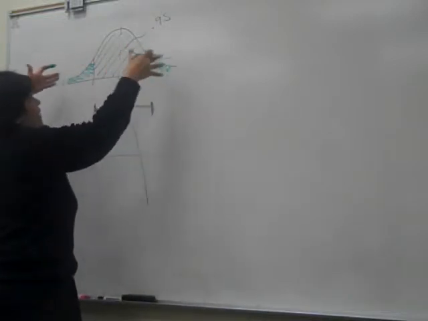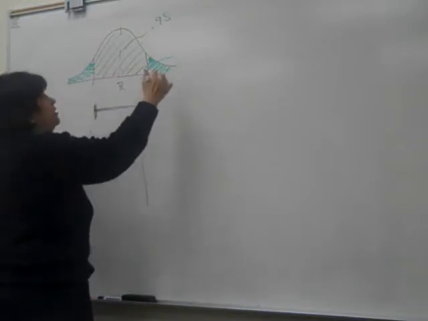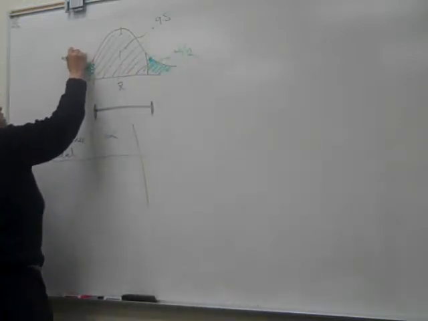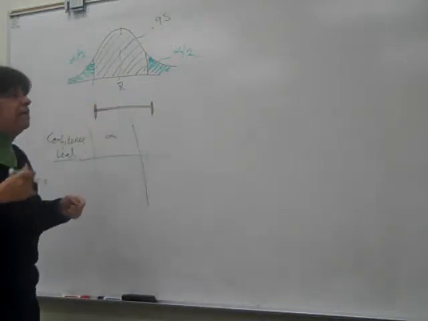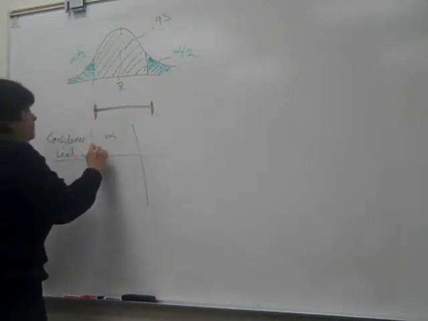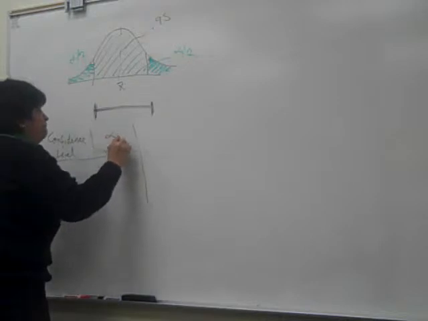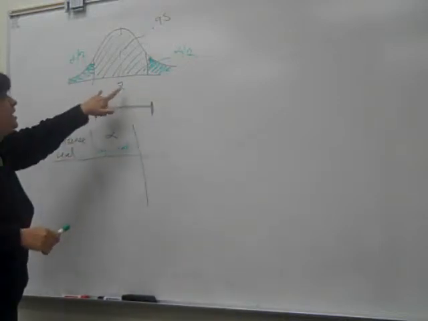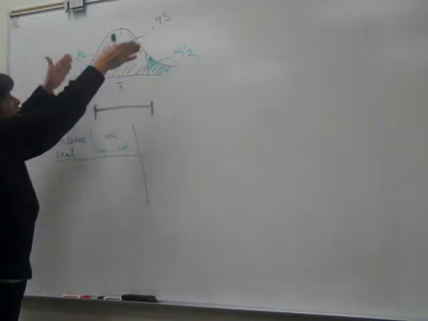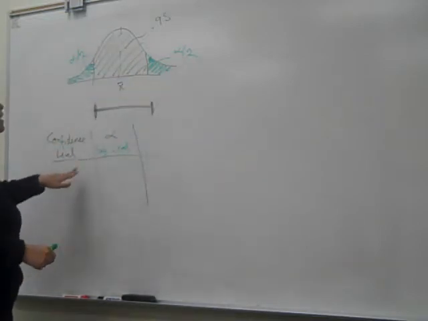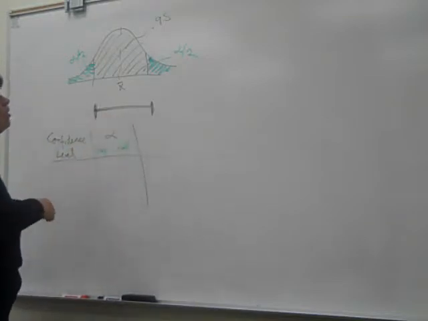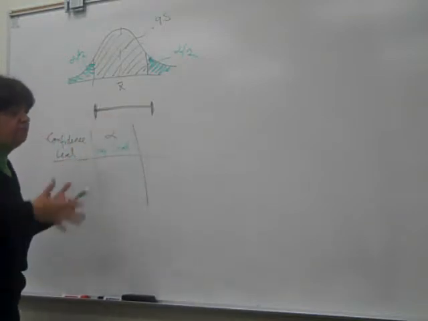Since both of them are alpha and this is a symmetrical distribution, this is alpha divided by 2 and this is alpha divided by 2, and alpha is the significance level. It's important to know this because the confidence level and the alpha or significance level are going to give us the real